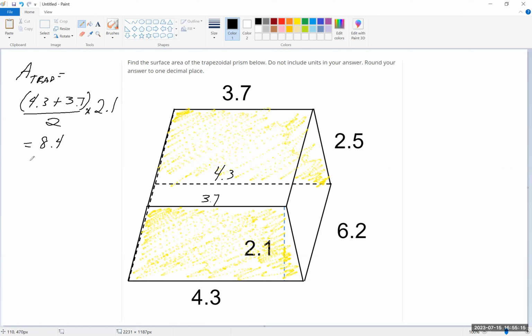Now, there's 2 of them, right? So maybe we'll just make a note. This is for the front and back, just so we remember. Okay, so we're gonna need 2 of those. All right, then